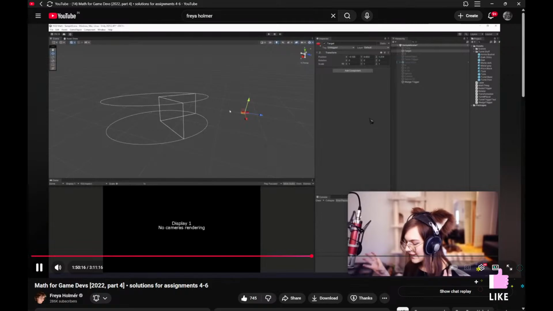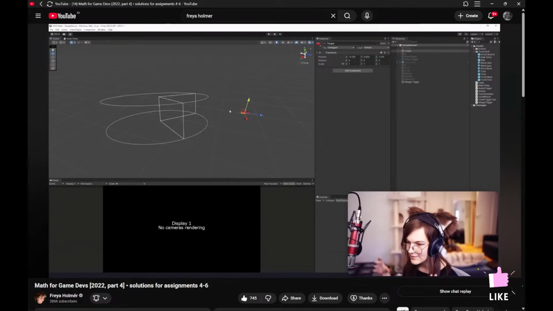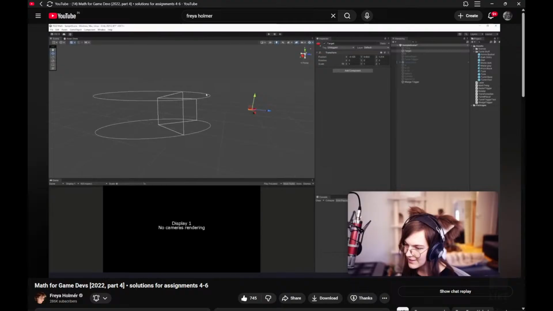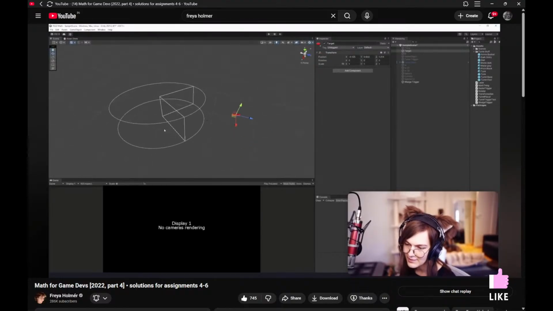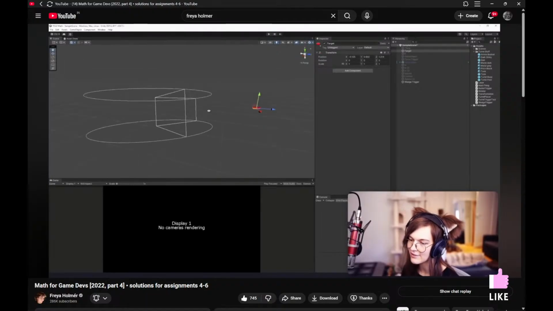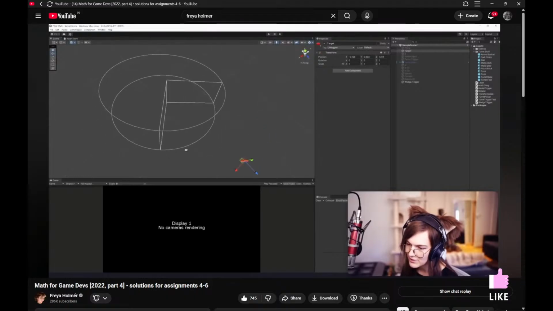None of these are either correct or wrong. It just depends on how you want to design your turret. So maybe your turret is just supposed to work like that. Again, it depends on what type of trigger you want to make. But if we want to make this type of wedge, like a cylindrical cutoff, then we need to use a cylindrical check, which means that we're doing a